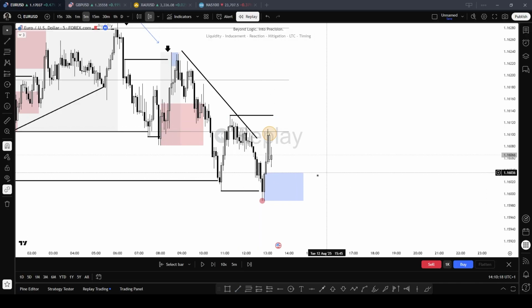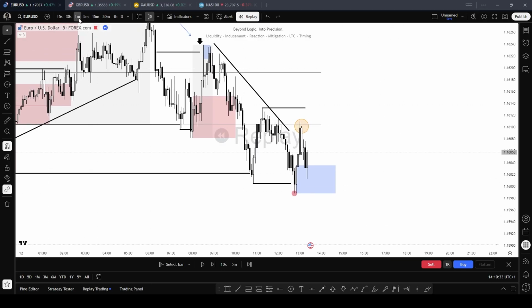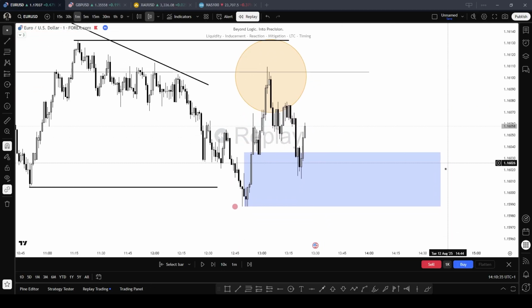That means that it is respecting liquidity highs, so building more liquidity for what? For the buys, right? As our targets. So let's wait for price. There we go. Price mitigated my inducement POI. I went on